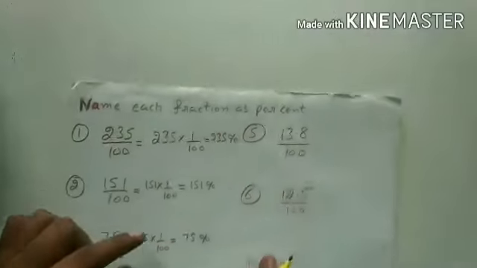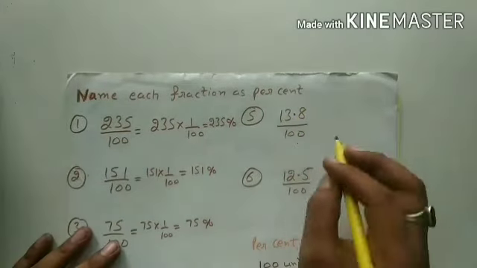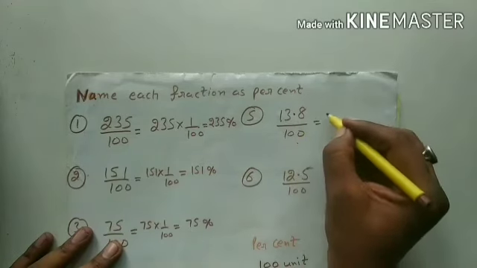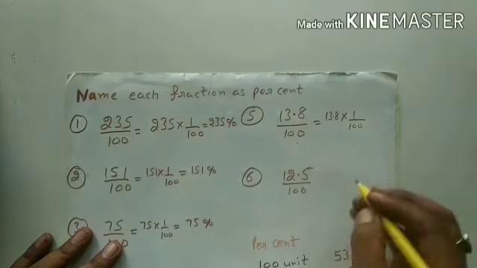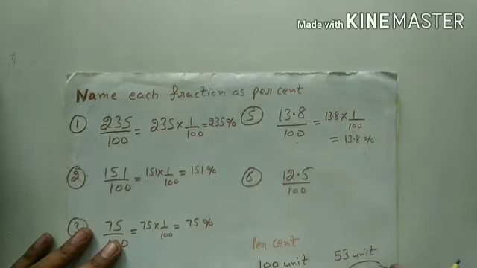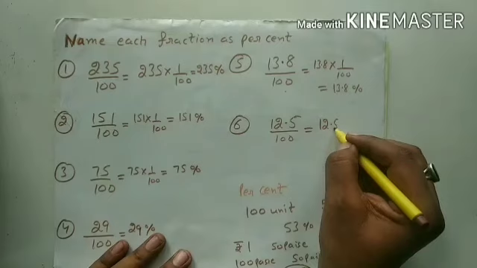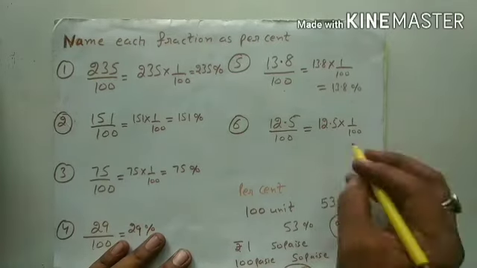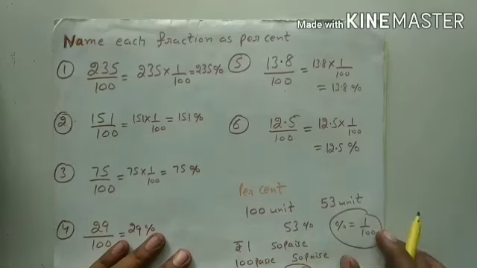Okay student. Now here you will see that the decimal number is there, 13.8. No problem, you get 13.8 out of 100. So you can write it like this and your answer will be 13.8%. Okay student. Now in the same way you can write 12.5 multiplied by 1 by 100, and you know the meaning of 1 by 100 is percent. So you will remove 1 by 100 and write the percentage symbol.